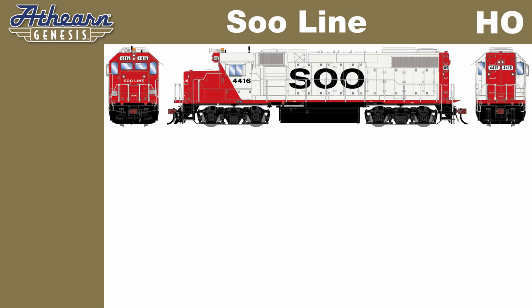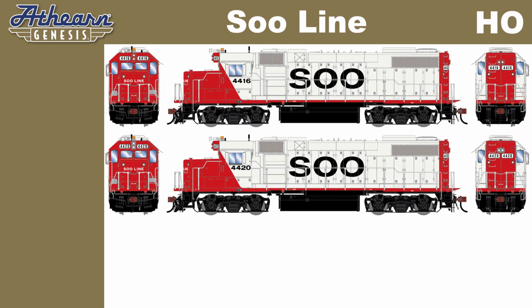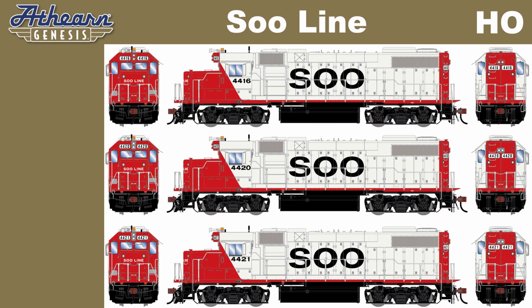(1979) as delivered Sioux Line, unit numbers 4416, 4420, and 4421. Sioux Line units 4416 through 25 were constructed in May of 1979 and painted in the classic red and white hockey stick scheme. The units lacked dynamic brakes, which was typical for the Sioux Line GP38-2s, except for the former Milwaukee Road units. These models will feature a late Phase 2B body with Q fans,